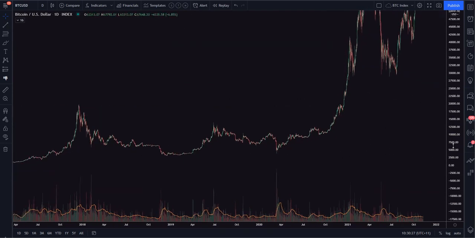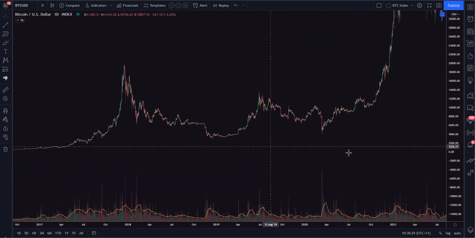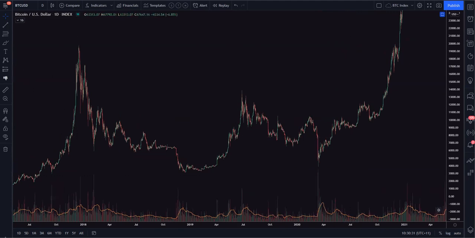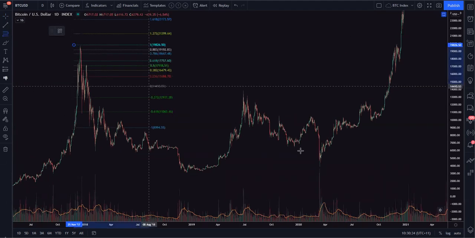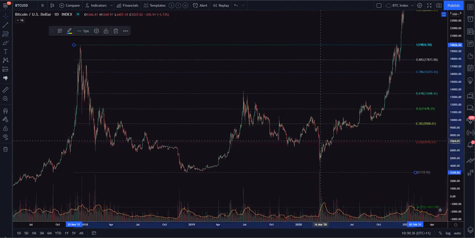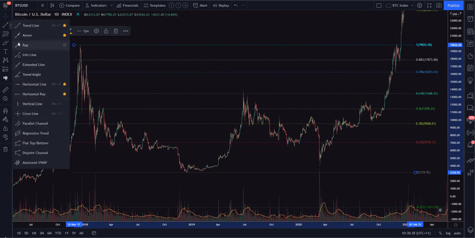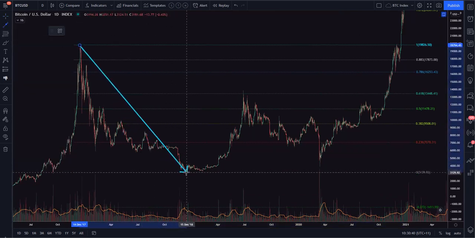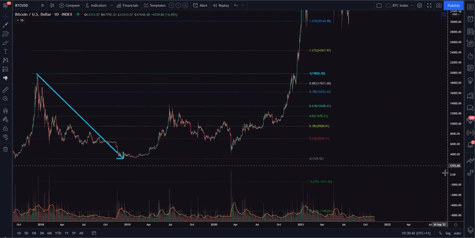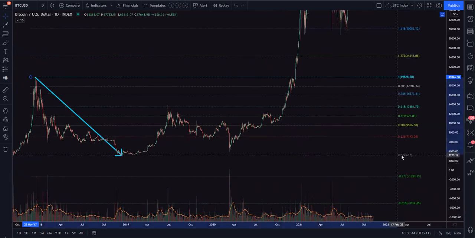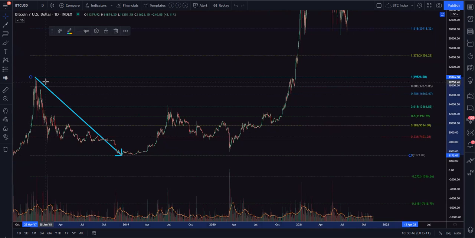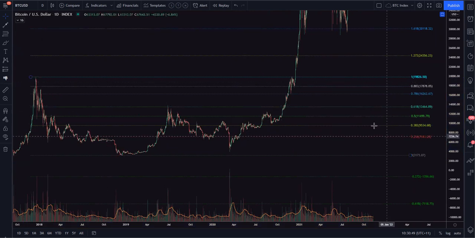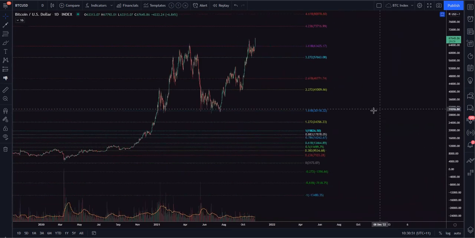So for this one, I'm going to map the entire bear market cycle of Bitcoin here, right? So we're going to go from the top here all the way down to the bottom of the market cycle. So I'm going from this point up here all the way down here, and then I'm going to drag across like this, right? And then that will give us some key levels to look at. We can see how price interacted with them. And here you can see